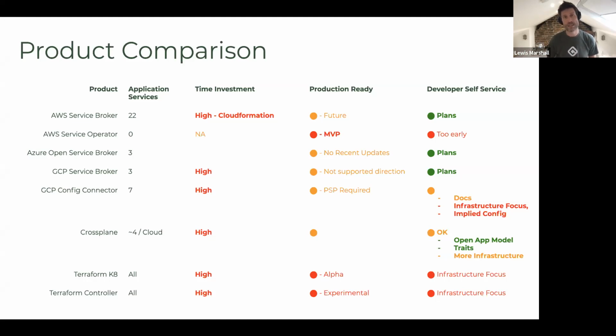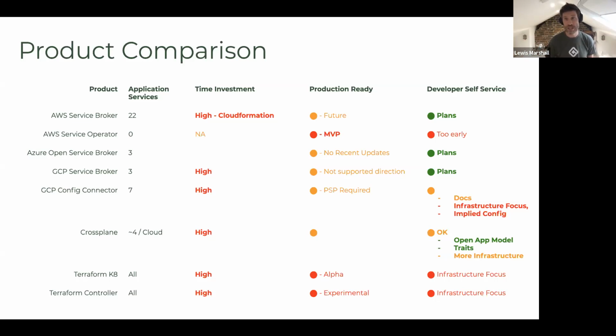and in the Kubernetes space, there seems to be a massive drive towards operators. The Google Cloud Platform Config Connector has got a massive degree of effort in it, but it's got a big infrastructure focus. It's got implied configuration, so you've really got to know how you're driving it. There are configuration concerns around pod security policies. You would think, because the Config Connector is part of the Anthos project, that it would potentially even be cross-cloud, but in reality, it's specific to Google.